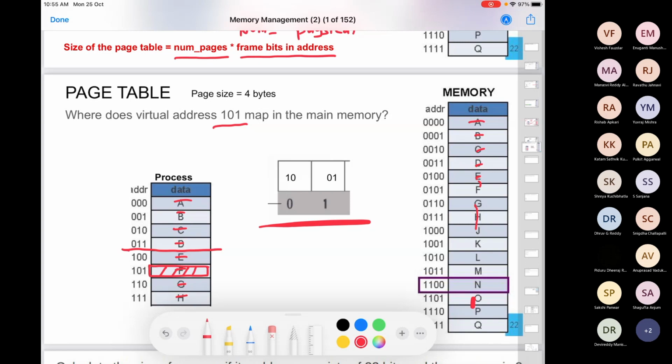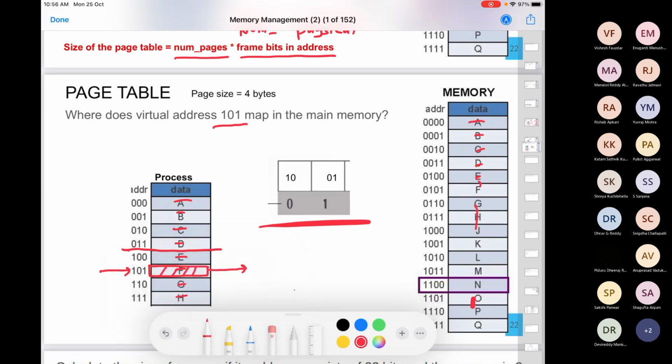So this is what the CPU will see, right? The logical addresses and the page table. Based on that virtual or logical address and the page table, it will compute the actual physical address where the page will lie in the memory. So look at this 101, and let's say we want to compute the physical address for this. How will we do that? With the help of this page table. It is pretty straightforward.